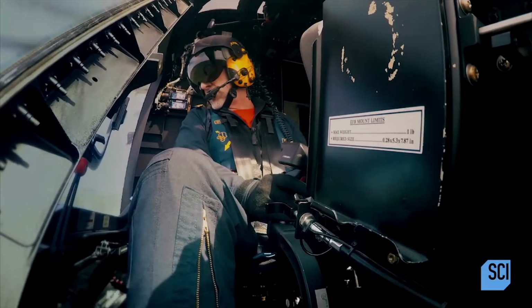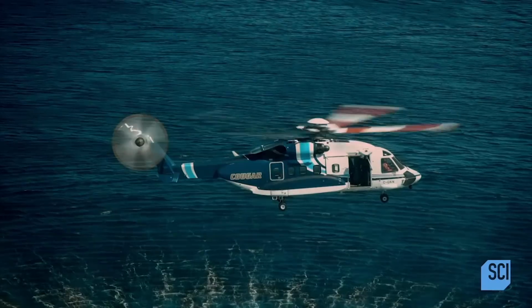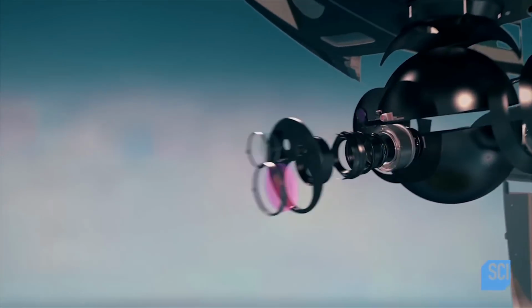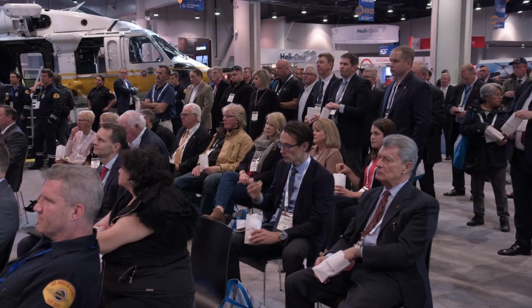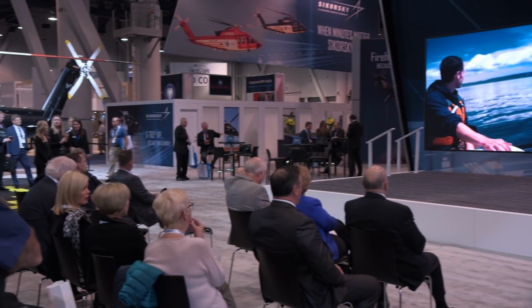Cougar Helicopters, which is based in Nova Scotia, operates a fleet of 9 Sikorsky S-92 helicopters in search and rescue and offshore oil and gas transport roles. The Science Channel's new documentary series, Mega Machines, debuted with an episode about the S-92 and how Cougar uses the aircraft in its missions. While guests screened the film over popcorn at the recent Heli-Expo show, we caught up with